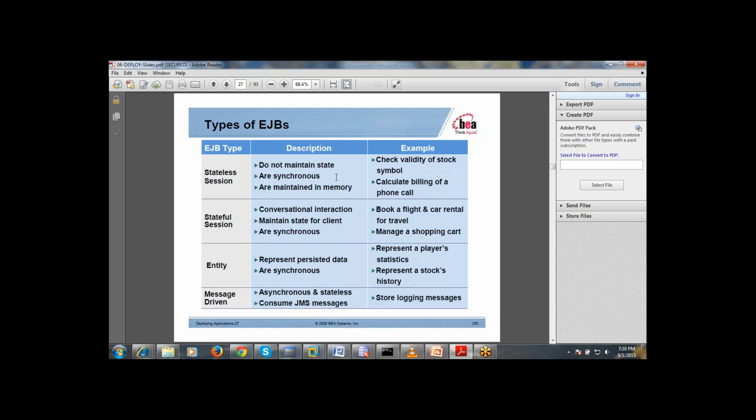Stateful session means we need to maintain the session for a client. Example, whenever you book a car or book a flight or do online shopping, for that we need to maintain the session. So that kind of EJB we call stateful session. Entity means generally it represents persisted data. In the sense, we are not maintaining any session in the machine, it is stored somewhere. That is what the entity